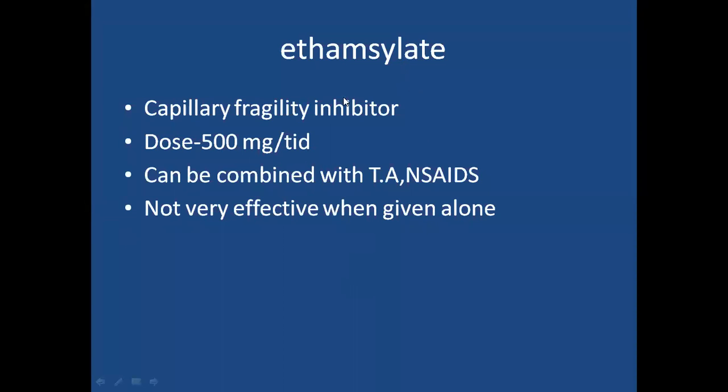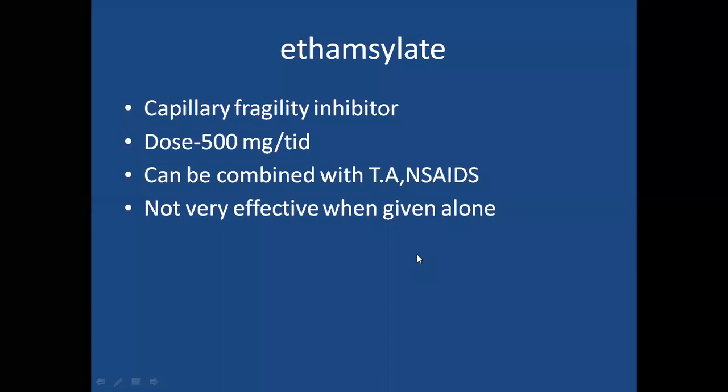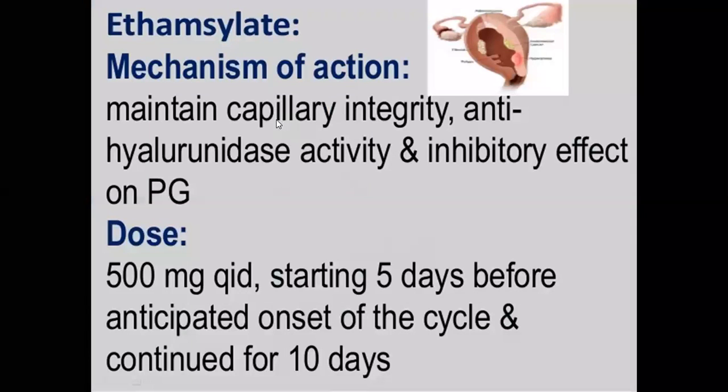So ethamsylate is a capillary fragility inhibitor. So it causes the stabilization of the blood vessels. Then dose is 500 milligrams 3 times a day. It can be combined with tranexamic acid and non-steroidal anti-inflammatory drugs. It is not very effective when given alone. So we have to combine this with tranexamic acid or mefenamic acid. So it maintains the capillary integrity, anti-hyaluronidase activity and